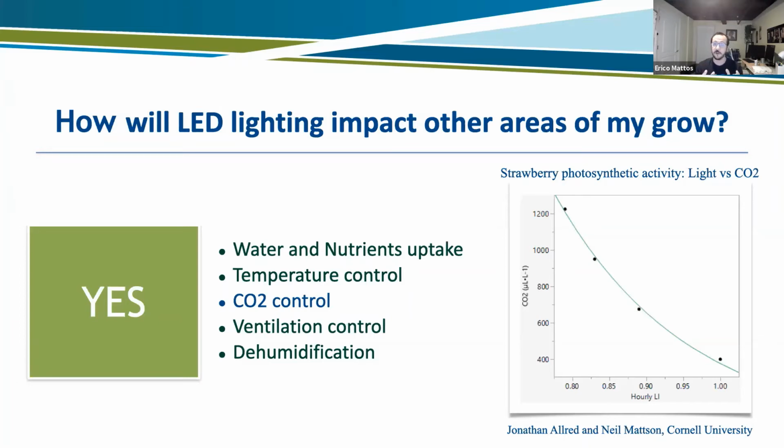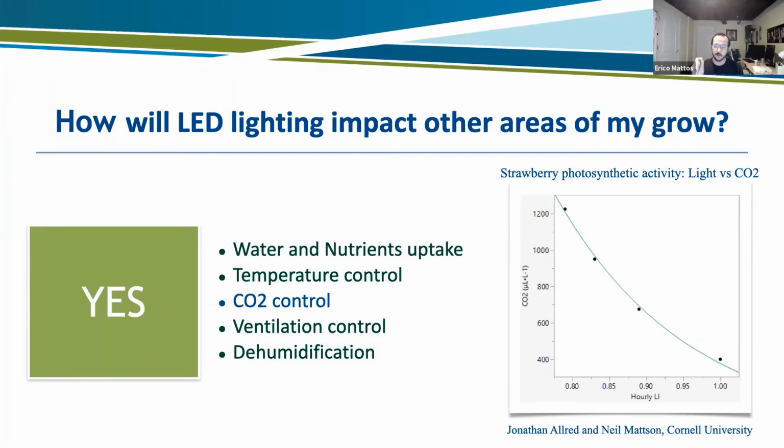This is not necessarily bad, and I would argue the other way around. You're just making a change. You're optimizing one part of your system, which is one of the most energy intensive ones, which is lighting and driving the photosynthesis. So you make tweaks and adjustments to the other parts of your control room, so you can optimize and you can get a much better overall production at the end of the day.